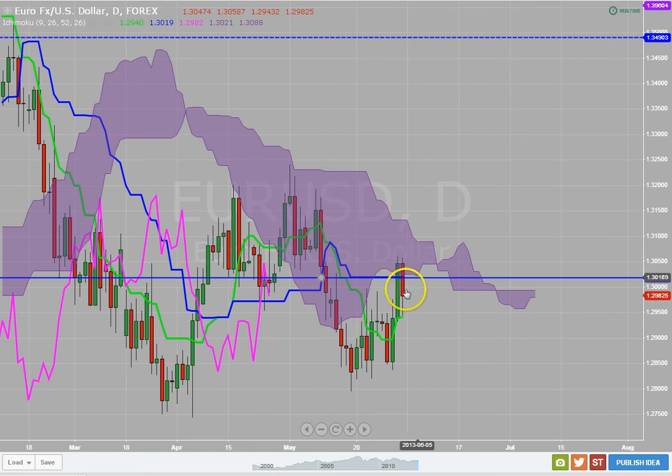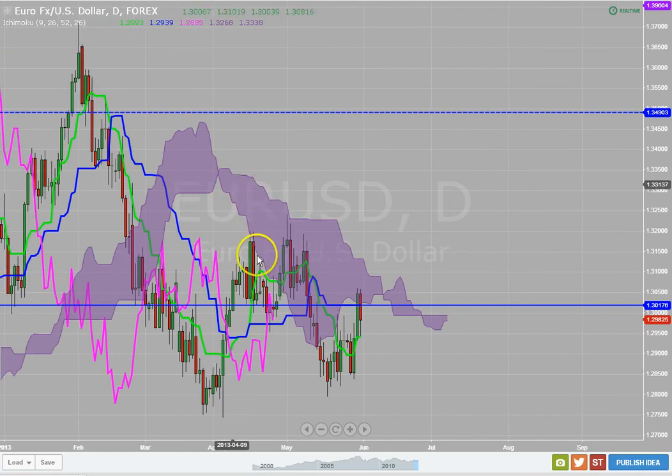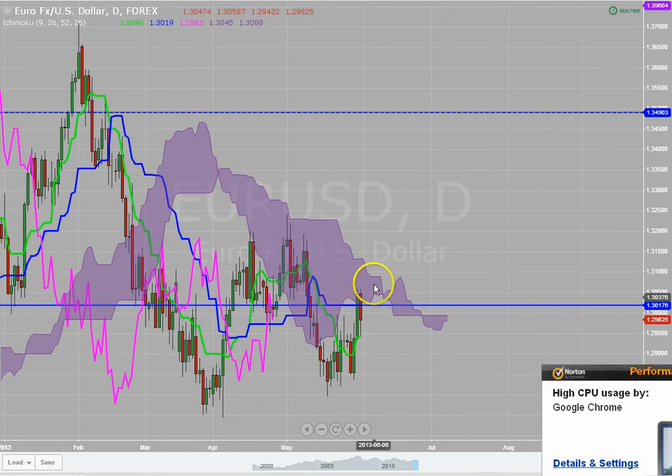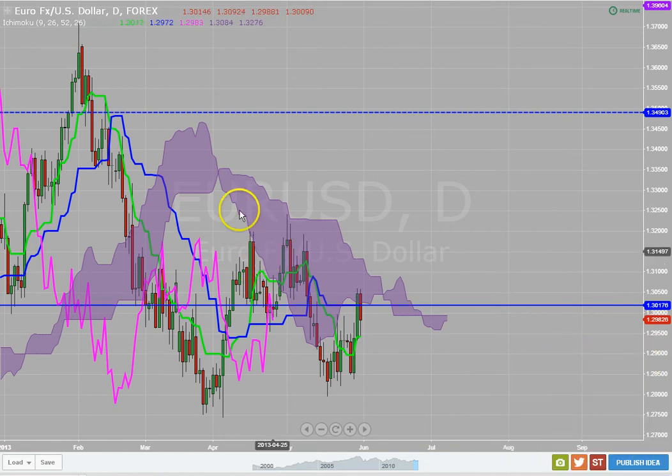Now I want to see one thing on the daily time frame. If we get above this Kijunsen and close above that level, then we'll be looking for the next thing, to get above this cloud. Right now we're pretty neutral, nothing happening. You can see no momentum in this market basically on the daily time frame. You have some moves here. We're basically in a little range here. It looks like there's a possibility of it starting to make a symmetrical triangle, but not quite yet. So we'll see what the market does. Let's go down to the 4-hour time frame.